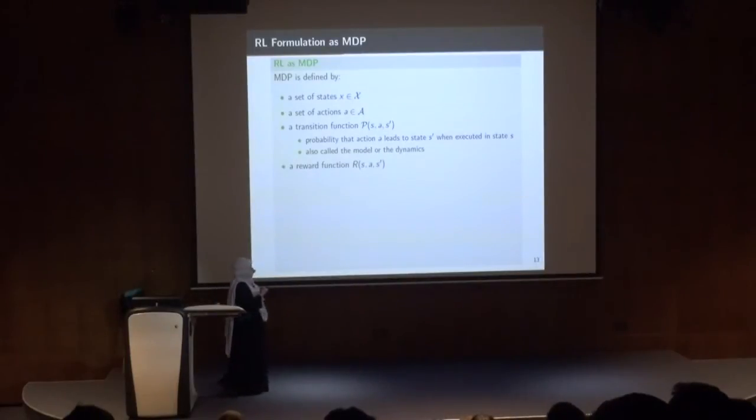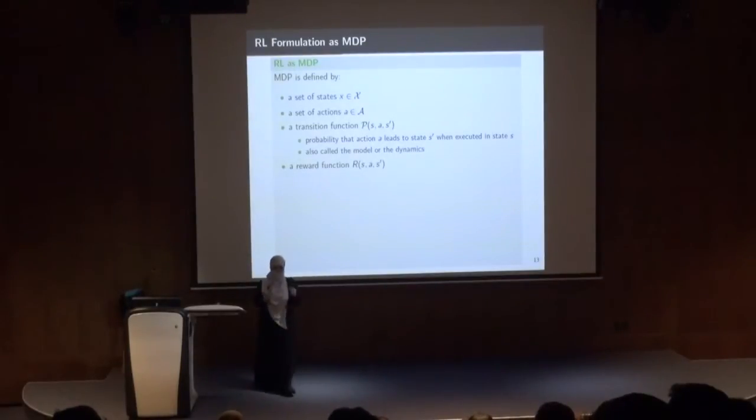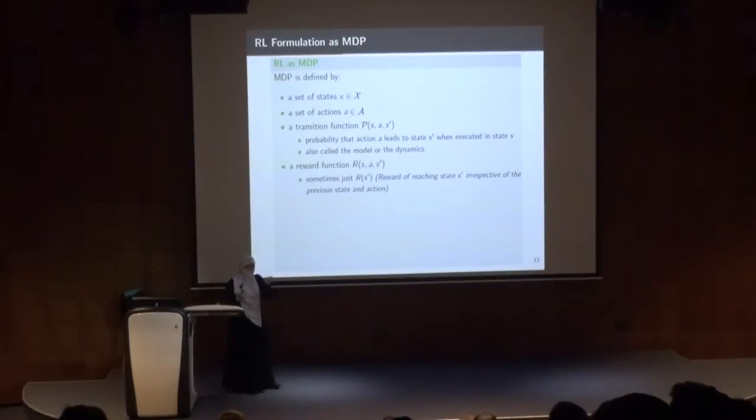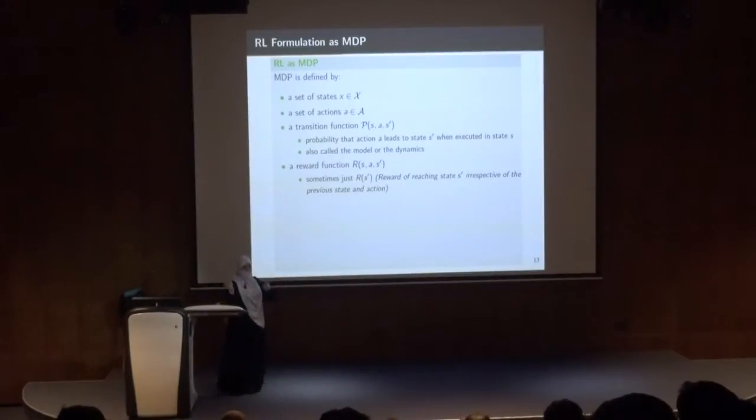So this is the model of the environment, if you want. So this is the dynamics of the problem. Clear? I have a reward function, R. For now, we will assume that it is R of S, A, S prime. So the reward of being in a certain state, executing a certain action A, and ending up in state S prime. For simplicity, we can assume that the reward just takes a state. So it gives me the reward of ending up in state S prime, no matter what the previous state was. They're equivalent. Some problems deal with this notation, and other problems deal with the previous notation.